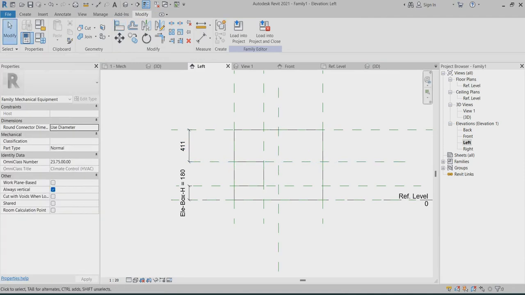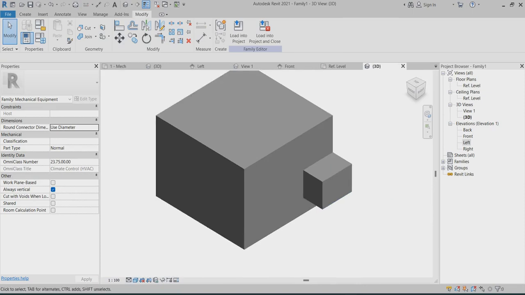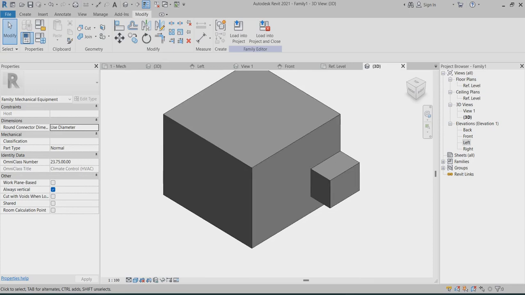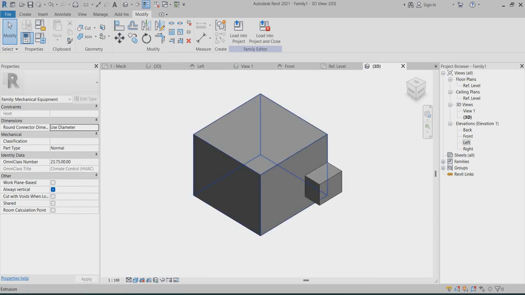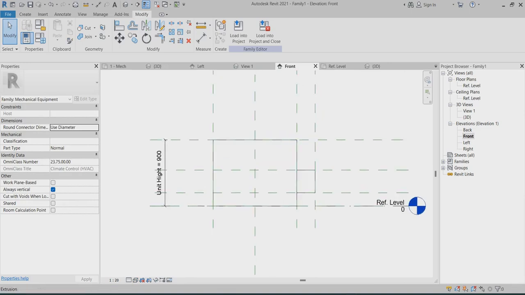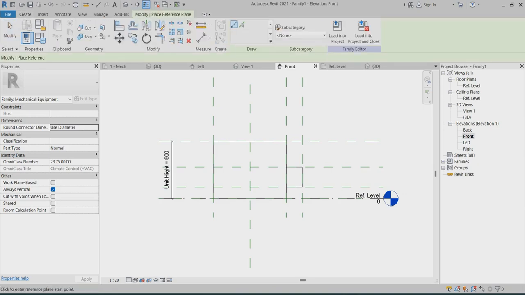Now I already created the electrical connection box also. Now I have to create supply air and return air. Okay, right. Now I can go back to my front view. Okay, here I have to create one more reference line here. Okay, here and here,